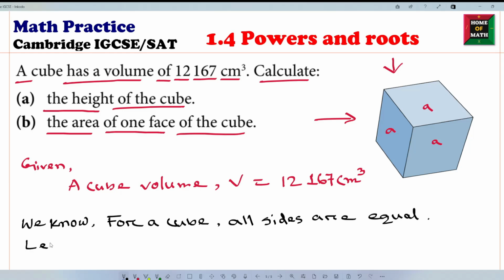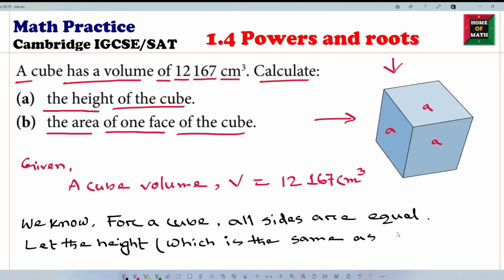Let the height, which is the same as the length of each side,